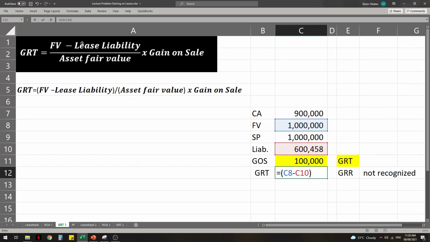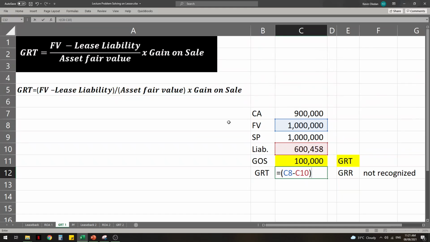Kasi, the amount that you are willing to pay is recognized as your ROA, di ba? Ito yung rights retained mo. Pag tinanggal mo yung rights retained mo from the entire value of the asset, that constitutes rights transferred. And kung ano yung rights transferred mo, yun ang merong gain. Ito ang gagamitin natin to compute your gain on sale. Okay? That divided by the total fair value is a ratio on rights transferred. Tapos i-multiply mo yan by the gain on sale, you are actually trying to get the portion of the gain on sale that relates only to the rights transferred.